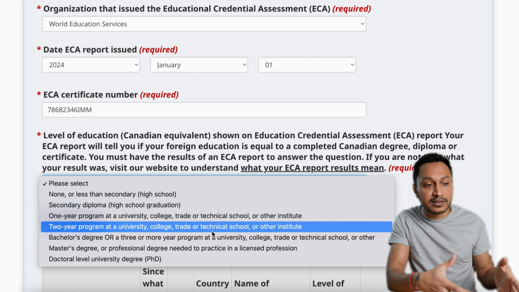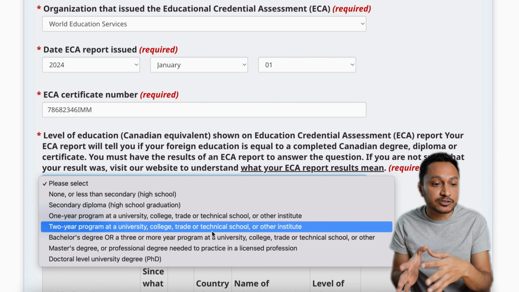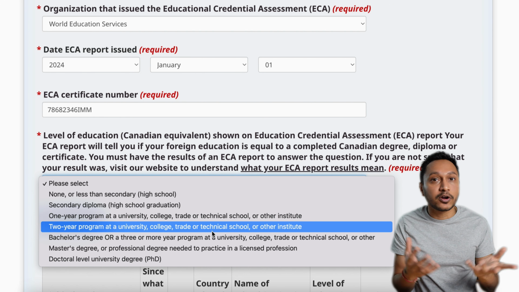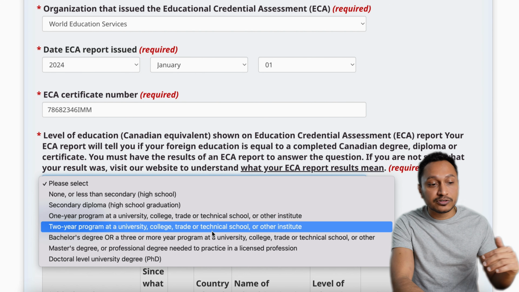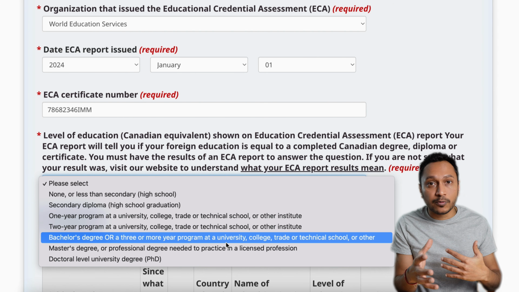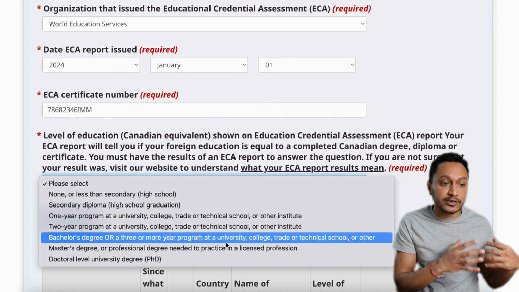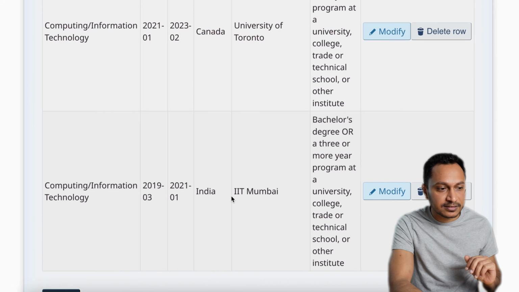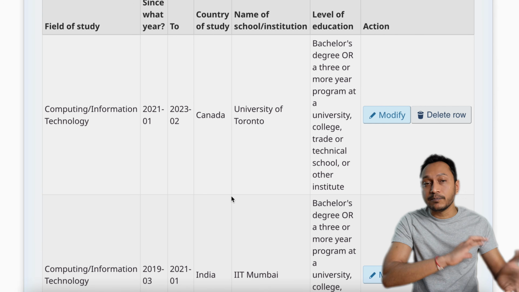Okay, it is possible that you did your master's degree, but it is qualifying as a bachelor's degree only, because it does not include the courses for whatever reason. Then you will have to select the information given in your ECA report. It does not really matter what you studied, but whatever is shown in your ECA report would be available to claim the points. So I'll just save in this case, and here I have shown the example of 2 different